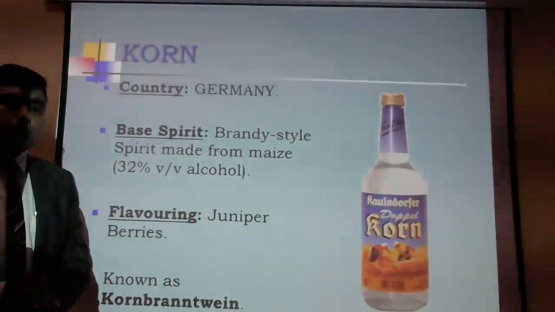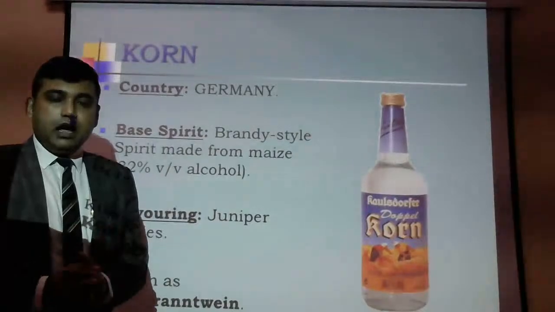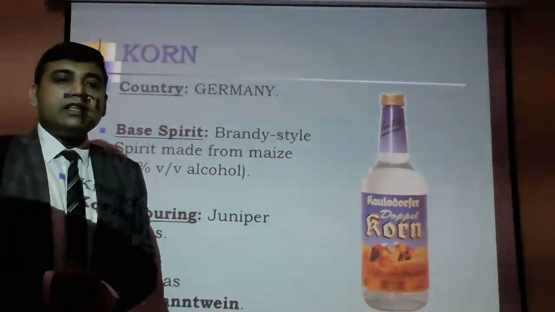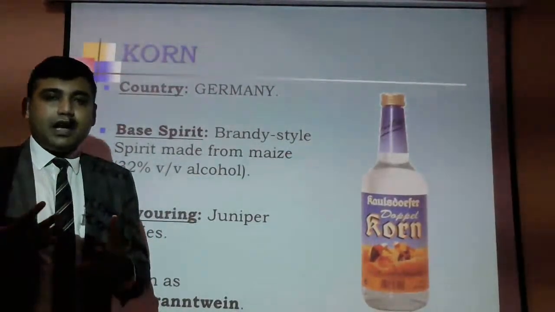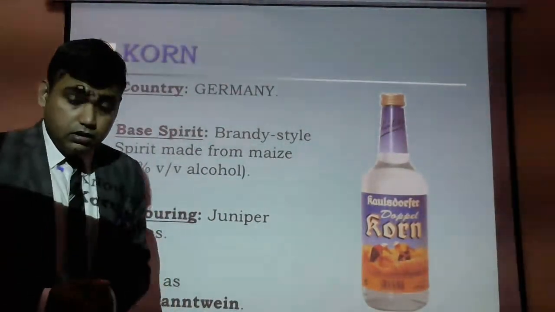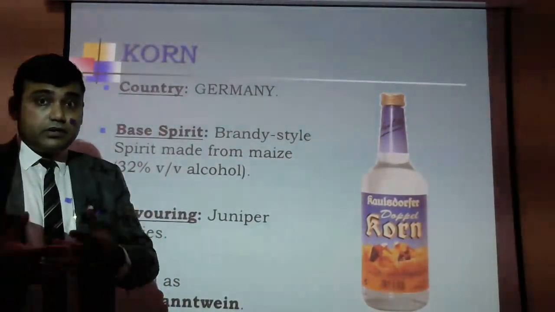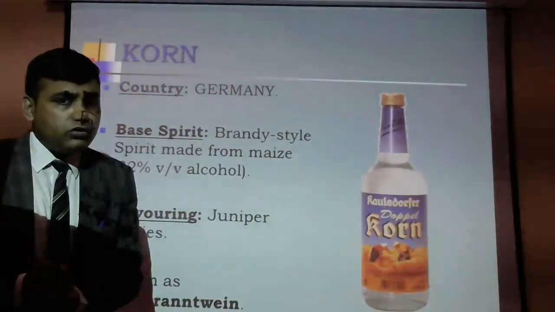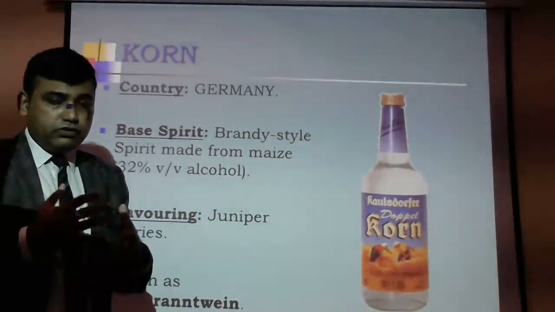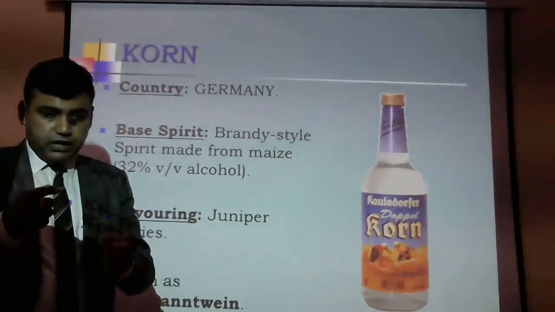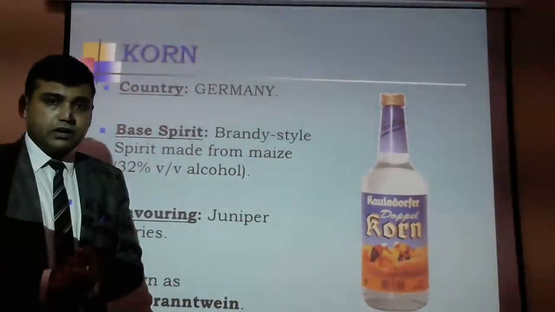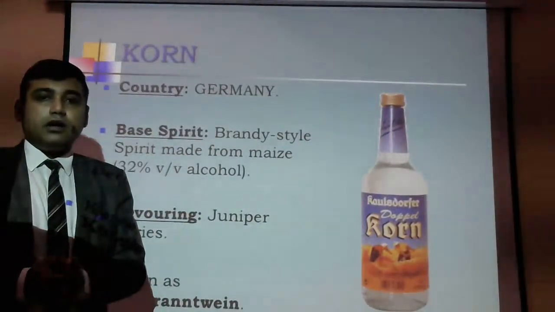So as you see, korn is from Germany and it was first introduced during the 15th century, 1561. Germany has started producing korn. Germany is famous for the highest consumption of beer. It more or less goes with beer also. The dark beers are served with korn, which is locally produced in Germany. When you have a korn, you have it with a dark beer added with it. So that is one way of having a korn.